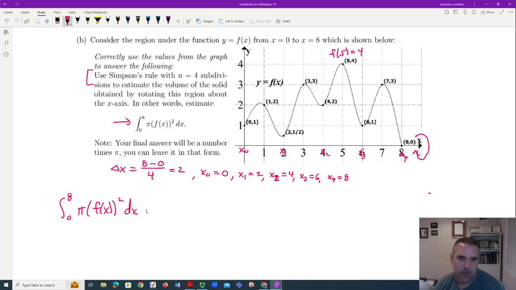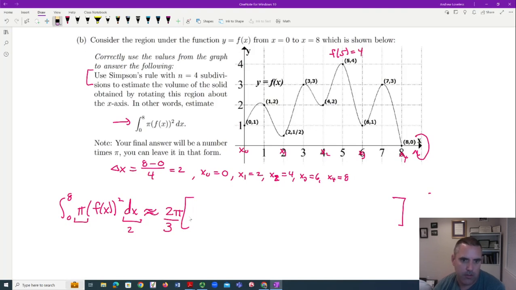So let's do a few things. The delta, we know this is going to be 2 for our approximation. Let's factor that out. We also know we can factor out a pi, so I would factor out a 2 pi. And then I'm going to have, what else? Simpson's rule says that you do 1/3, and then you do f,